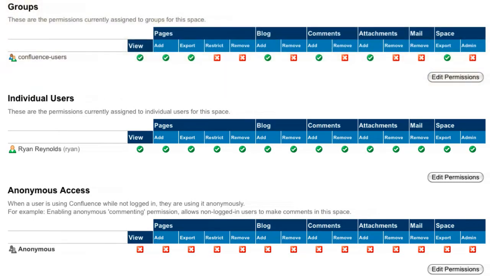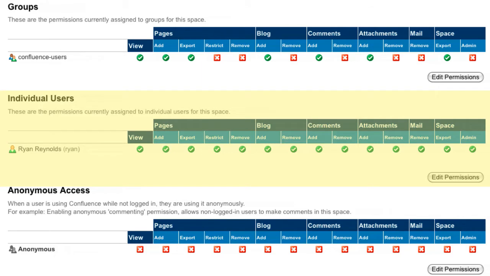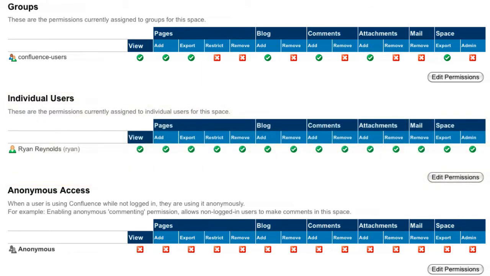Right now, the Confluence Users group, which is all registered users in Confluence, has the ability to view, create, and edit content in the space. If you connected your LDAP directory to Confluence, you can search and define the space permissions for the specific group of users. If we look at the permissions for individuals, you can see that I have complete Space Admin permission